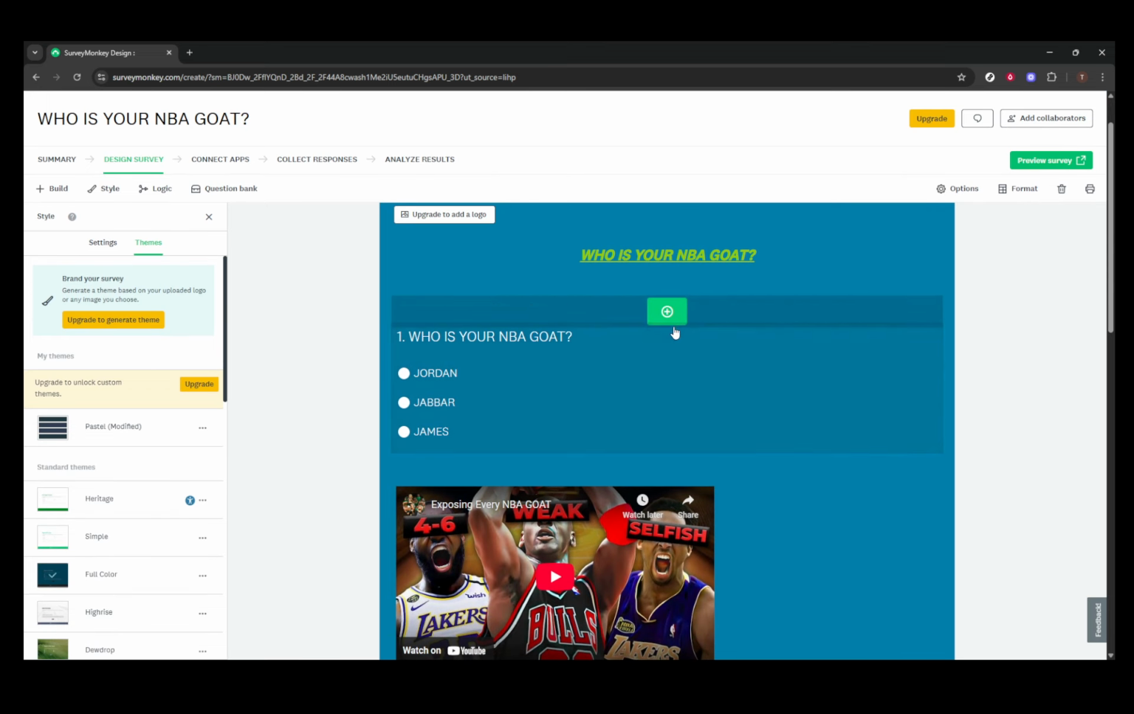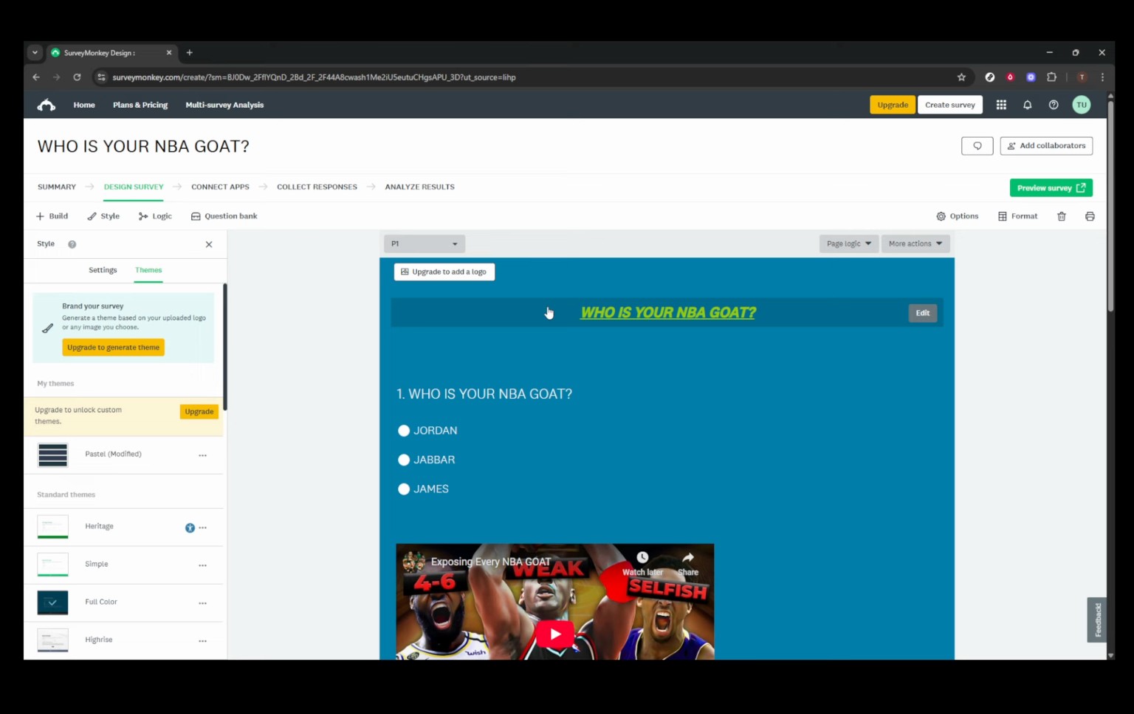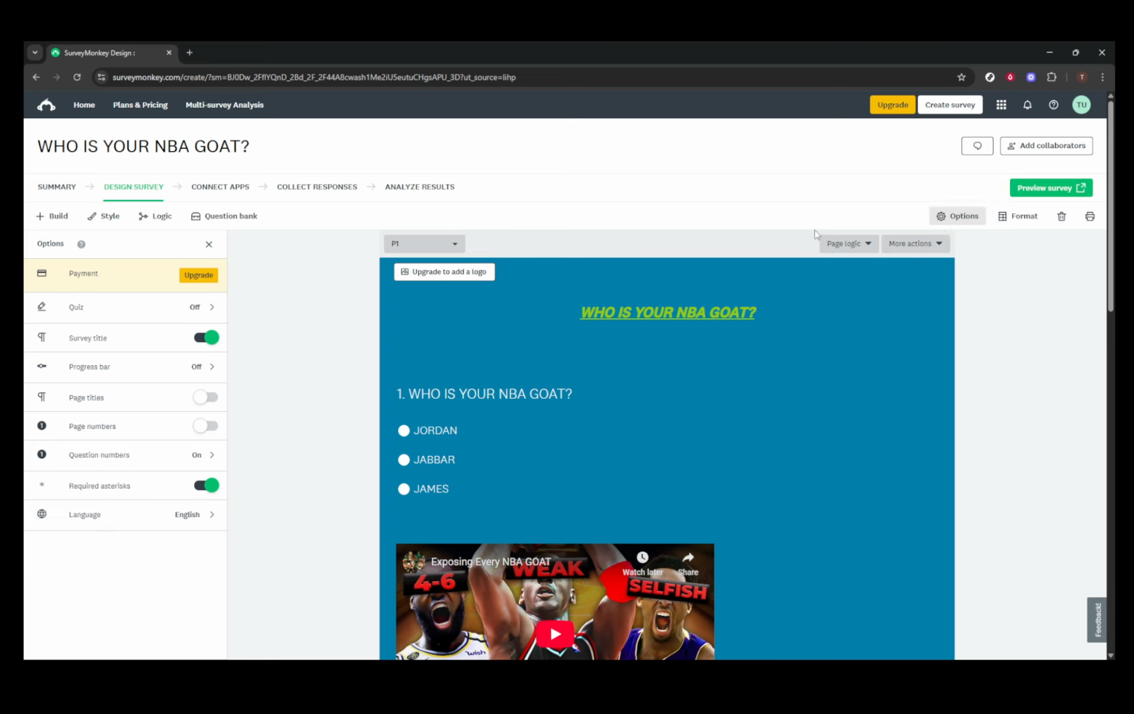Simply head over to the Options menu on the side panel and switch off the page titles under the appropriate section. By adding clear and engaging headers, you not only provide essential guidance to your respondents, but also enhance the overall user experience of your survey. Whether you choose to craft elaborate introductions or maintain straightforward titles, SurveyMonkey's flexible options make it easy for you to match your survey's